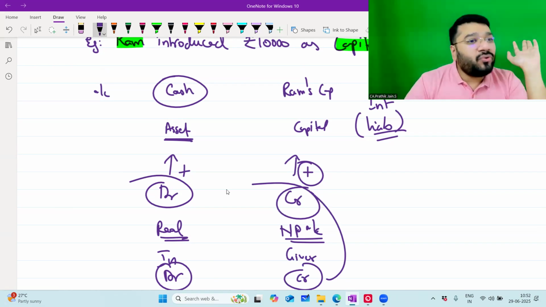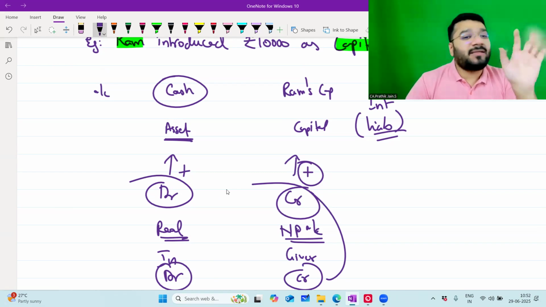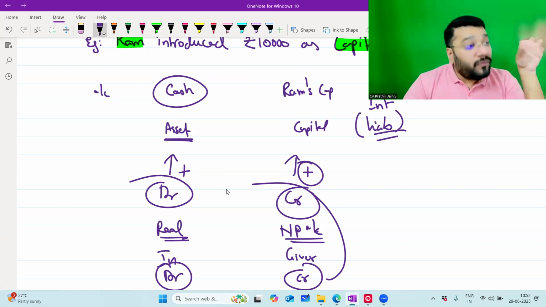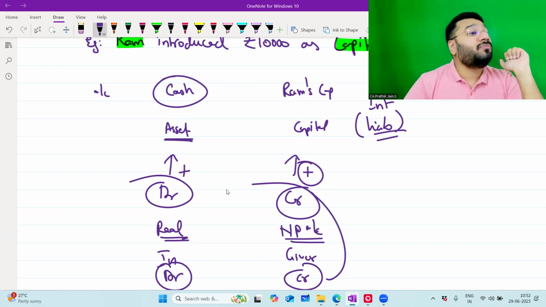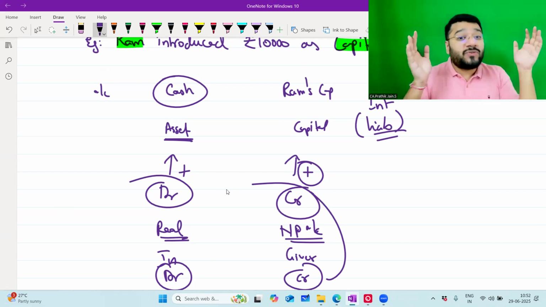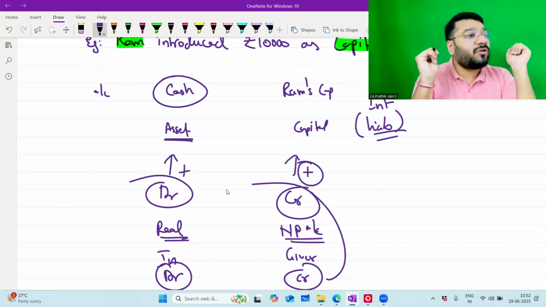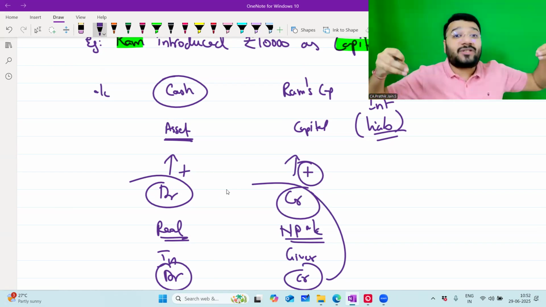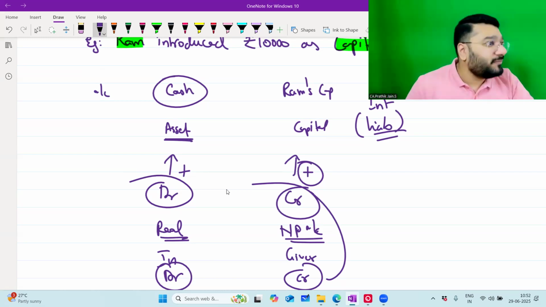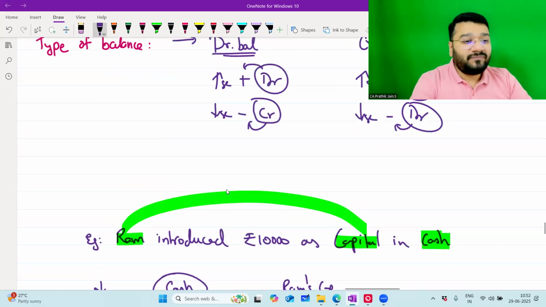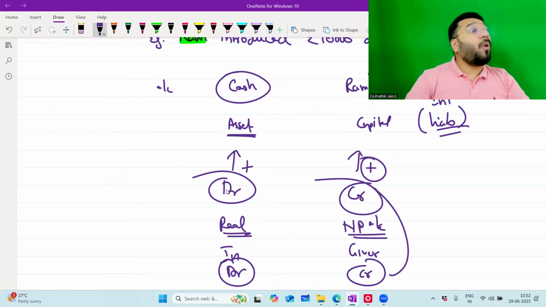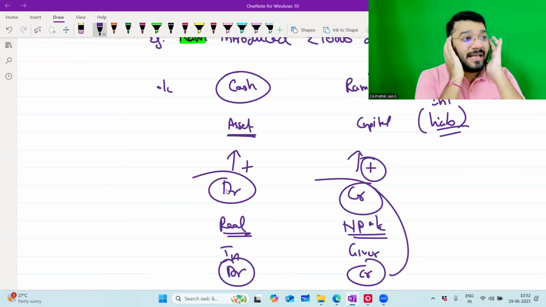So whether you apply the golden rule or the modern rule, for the journal you'll get the common answer: this is debit and this is credit. The only difference is that there are certain complicated transactions for which we cannot get a proper answer from the golden rule, because the golden rule approach is very narrow and restricted. Whereas the modern rule approach is very broad. You can fit in a lot of complicated transactions and very easily get the solution. That is the beauty of the modern rule. So if I ask you, asset, what type of balance is it? Asset, what type of balance?